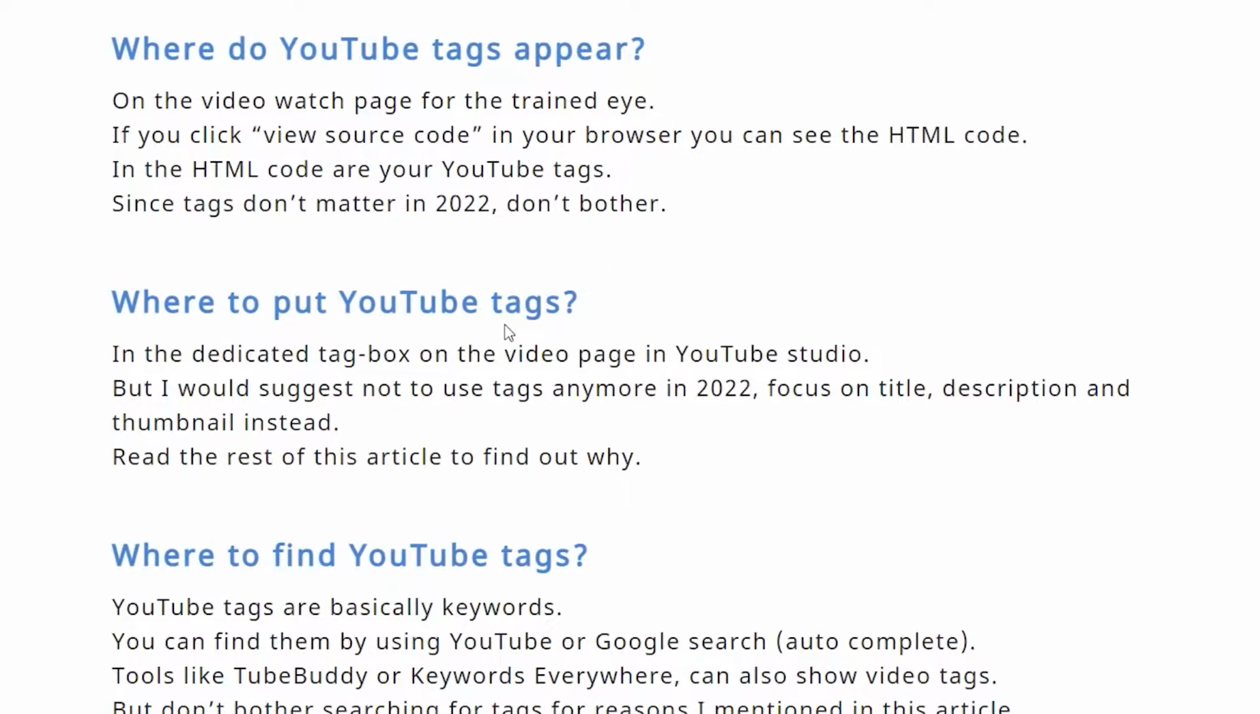You can put YouTube tags in the dedicated tags box on the video page in YouTube Studio. But I want to suggest not to use tags anymore in 2022. Focus on title, description, and thumbnail. Read the rest of the article and find